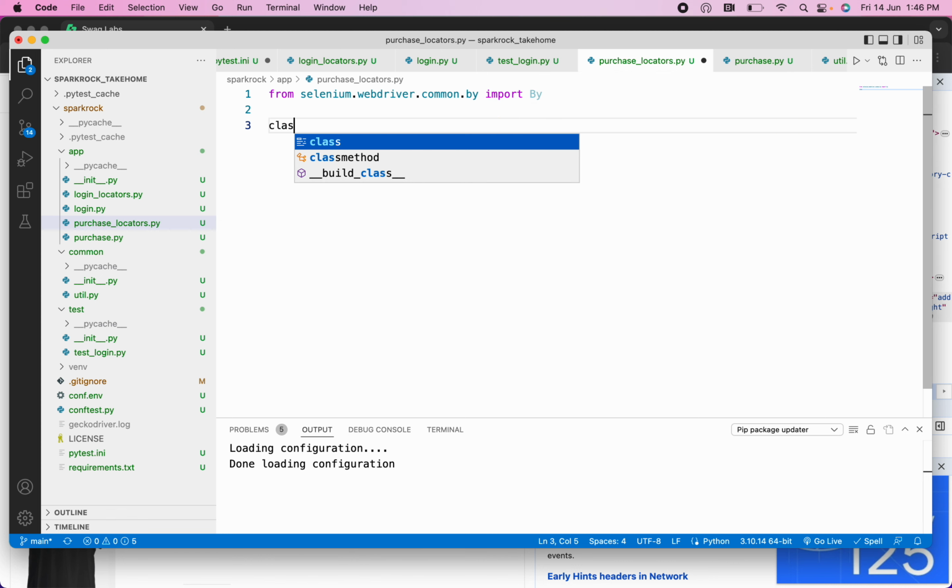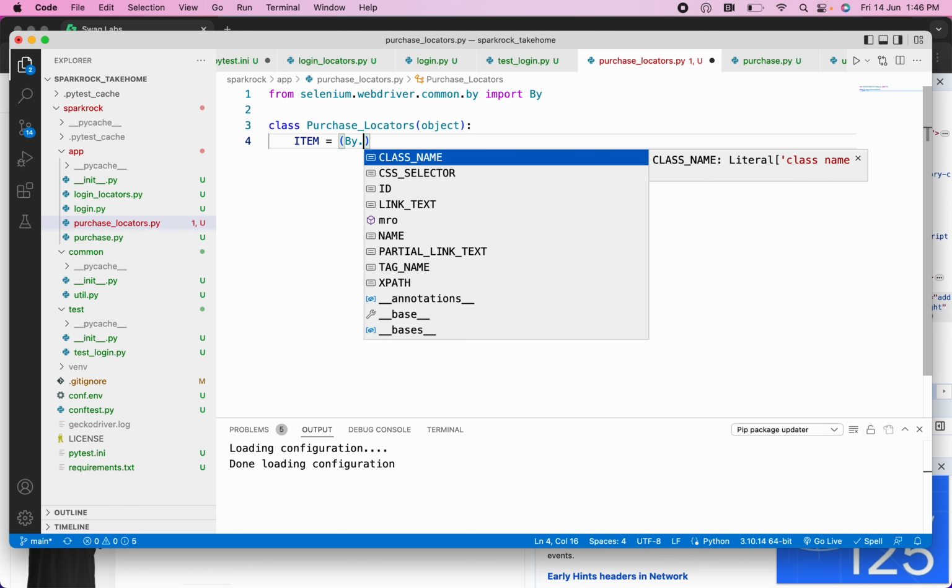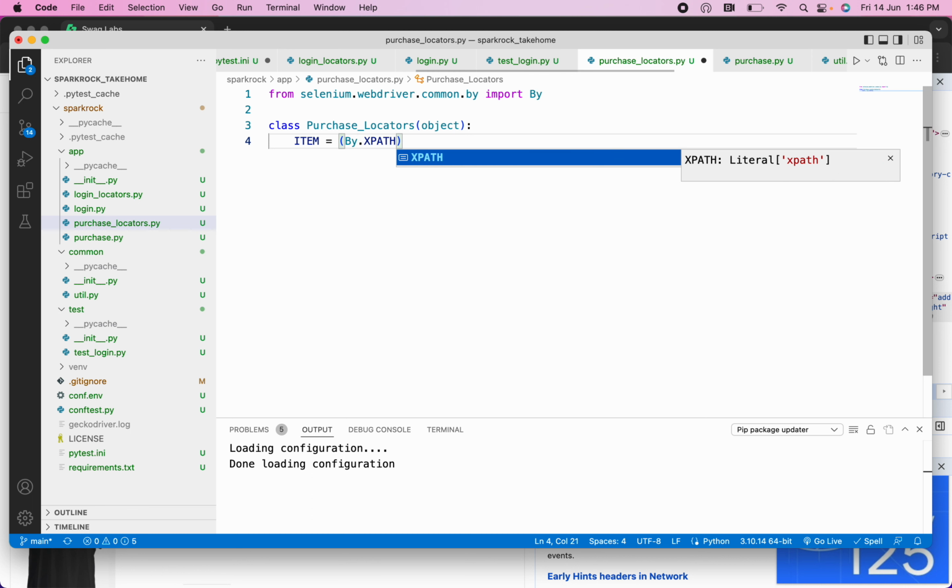Okay, let's create a class PurchaseLocators, and derive from object, and now item by xpath, and as we saw, so let's try to